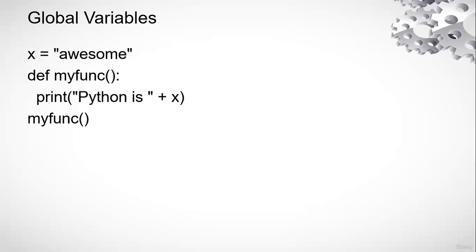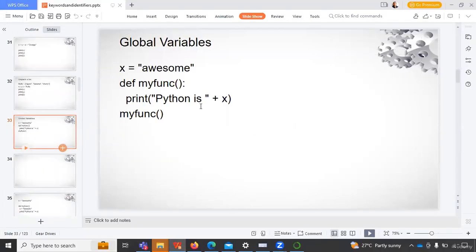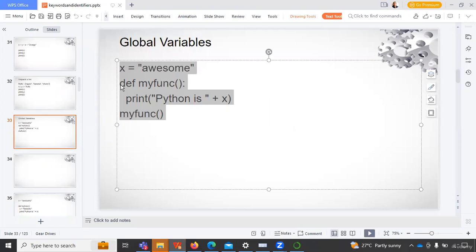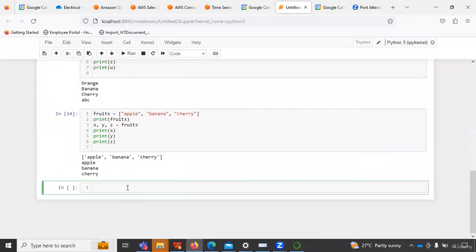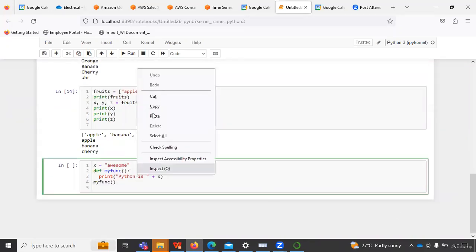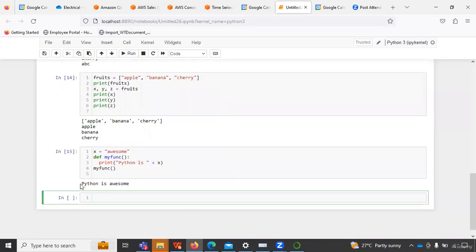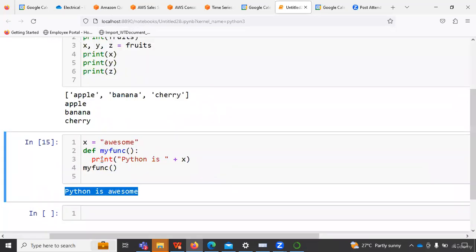For example, I will run this. Okay. What is the meaning of it, I will tell you. Here you can see I'm running this program. So what will be my output here? My output is Python is awesome. Okay. So as I told you,